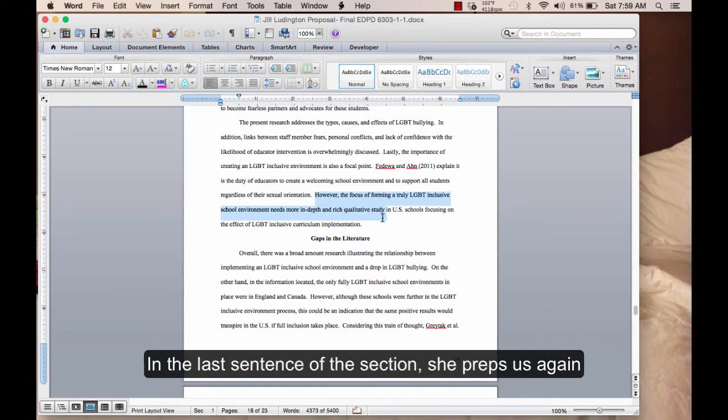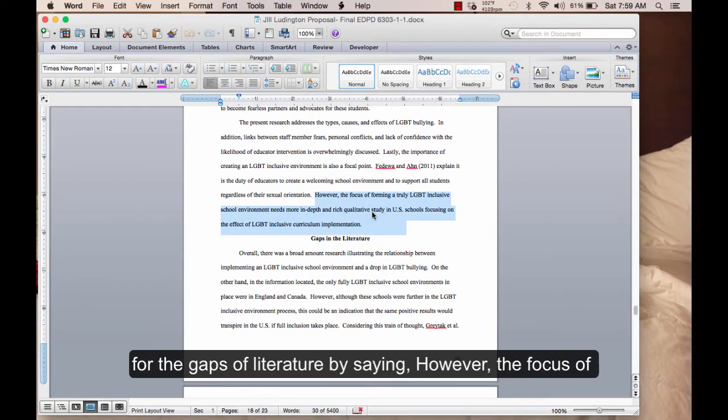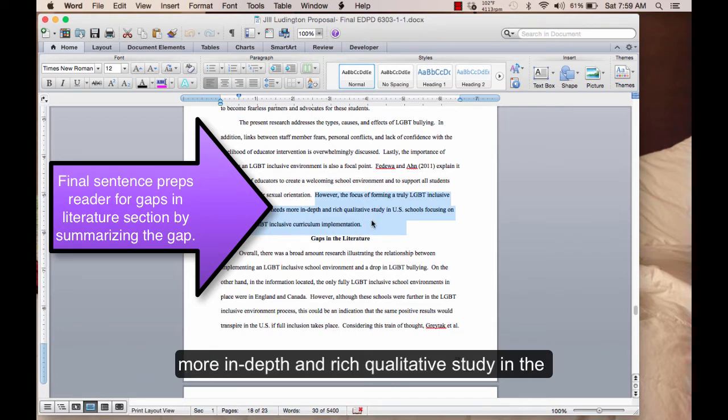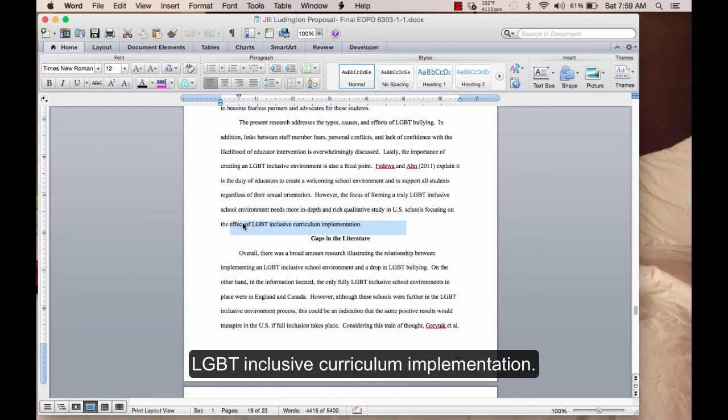In the last sentence of the section, she preps us again for the gaps of literature by saying, however, the focus of forming a truly LGBT inclusive school environment needs more in-depth and rich qualitative study in the United States schools, focusing on the effect of LGBT inclusive curriculum implementation.